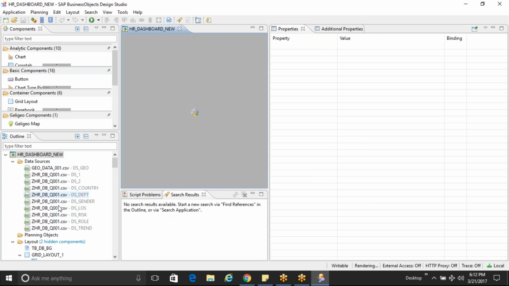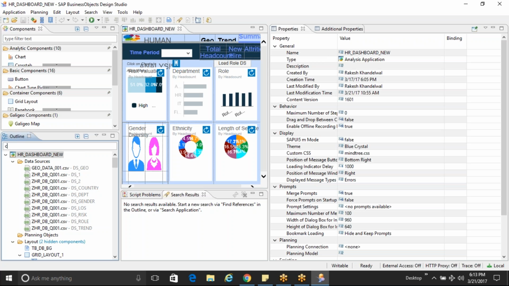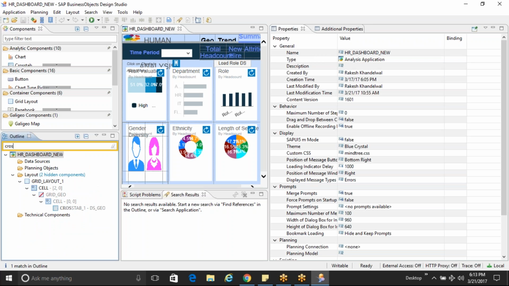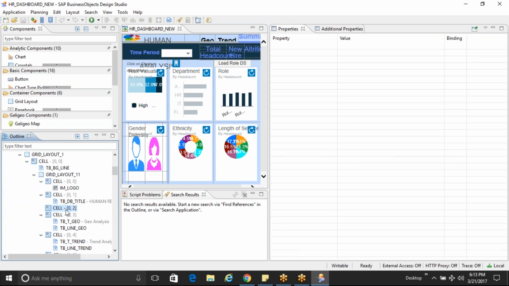And in this application we have so many data sources, right? So we'll use any of the data sources, and let's see if we have any cross tabs in our application. Okay, so we have one on the geo page. Okay, fine. So what we'll do is we'll try to export it. So let's insert a button, or if we want, that export we can do on any event basically. So what we'll do is we'll put a button to export the